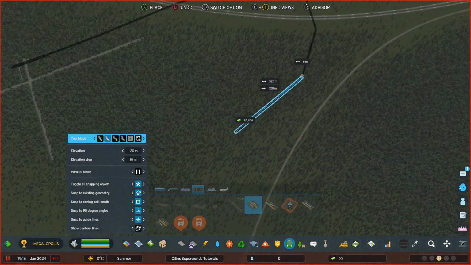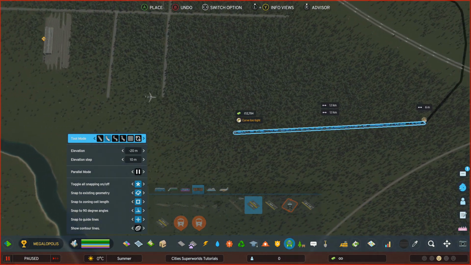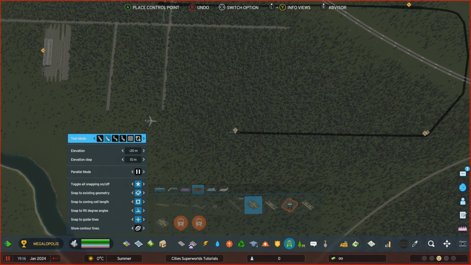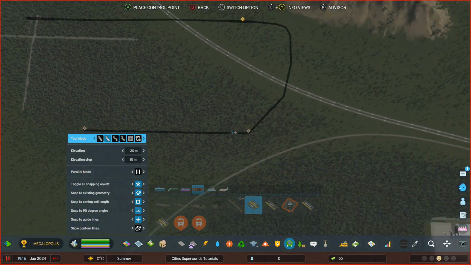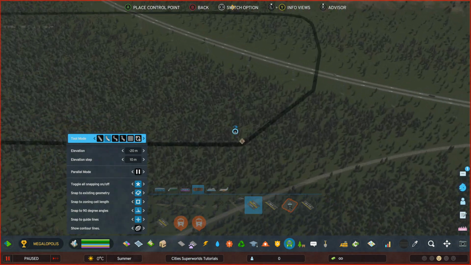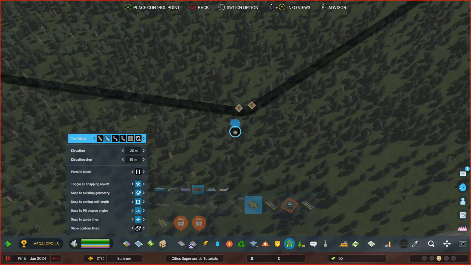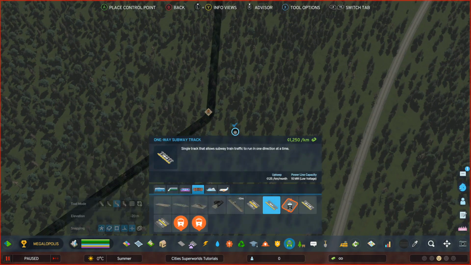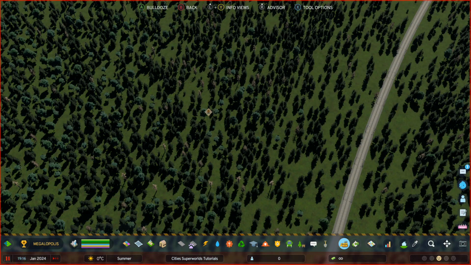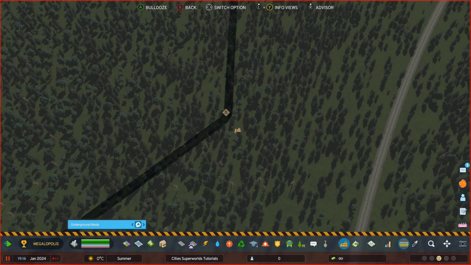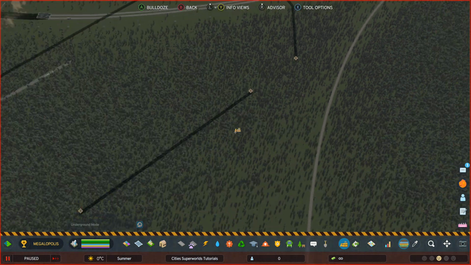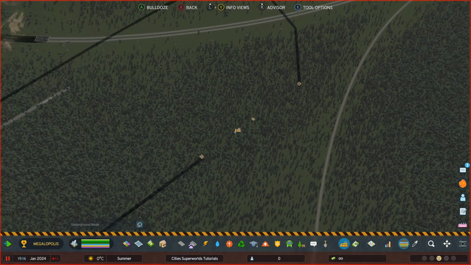Of course, this is a very basic subway line. Oh, curve too tight. Just be careful with curves, to make sure you don't go too tight. And if you do, you can use the bulldozer, pressing X and switching to underground mode to